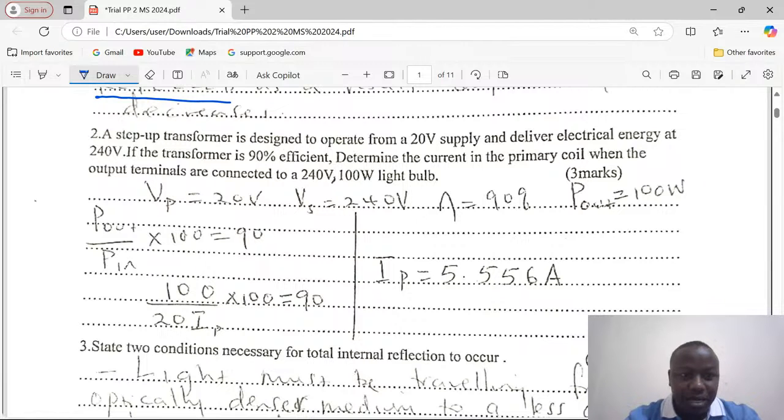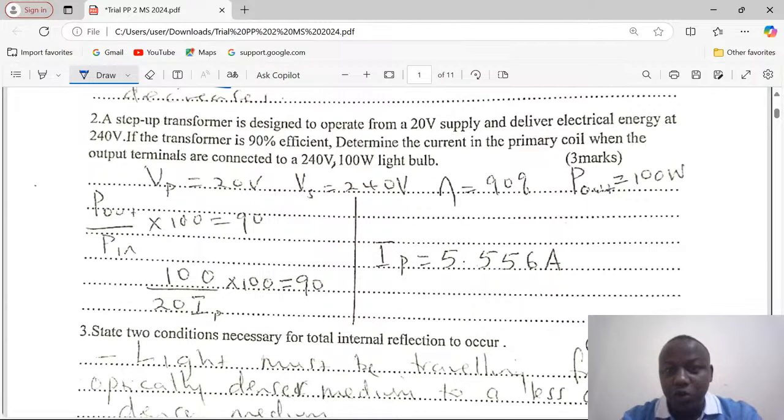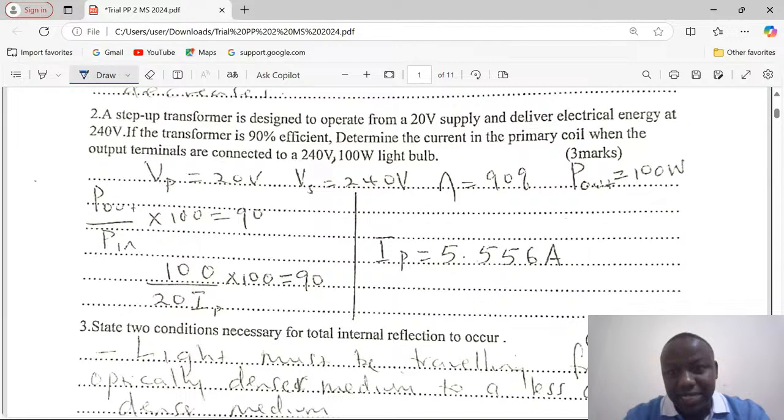A step-up transformer is designed to operate from a 20-volt supply and deliver electrical energy at 240 volts. If the transformer is 90% efficient, determine the current in the primary coil when the output terminals are connected to a 240 volts, 100-watt light bulb. What you're supposed to understand about